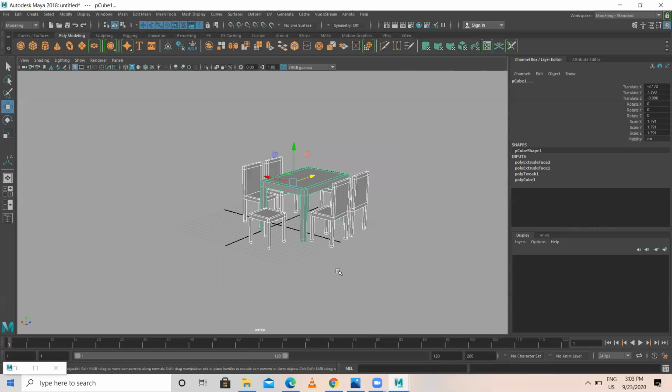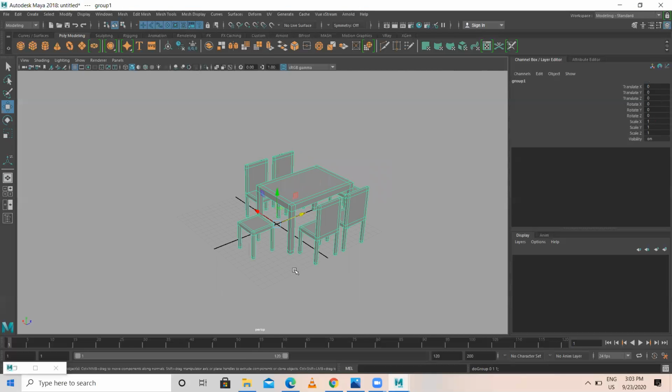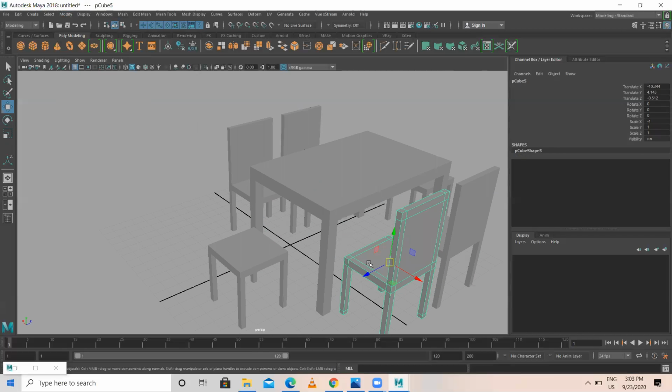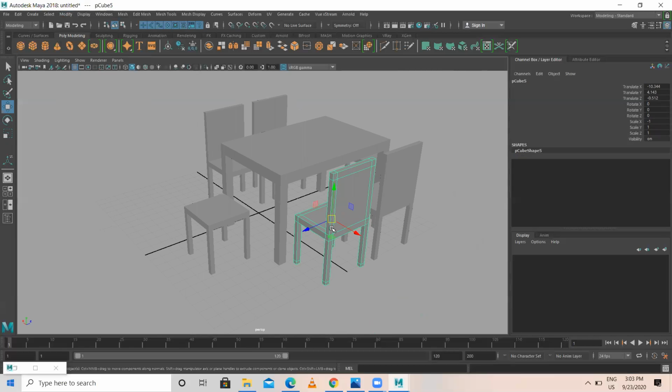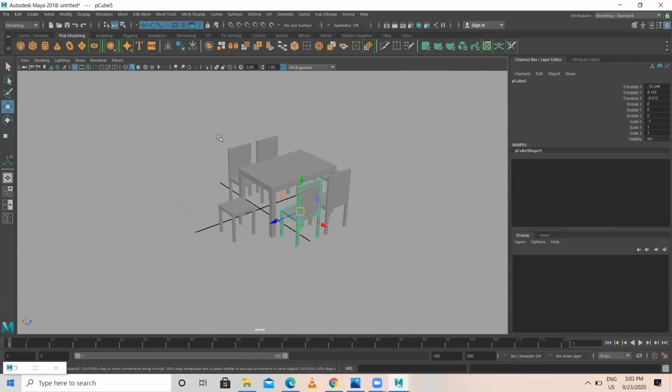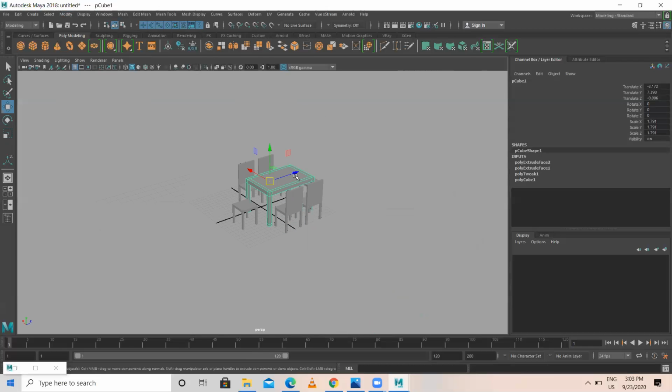So now all this, I'll just group this. Control G to group, modify, center pivot. See, this is the way we have to do the model. This is a perfect model. All are individual simple models. Extra mesh is not there. Whatever the line flow is, no extra lines are in this. These are proper meshes. Additional mesh is also not there in this.